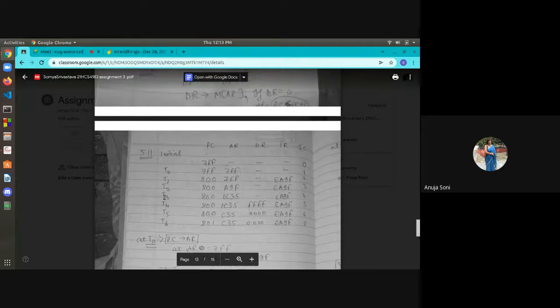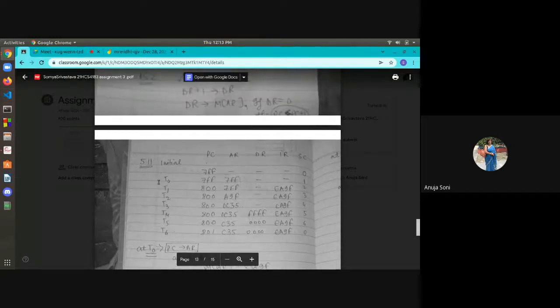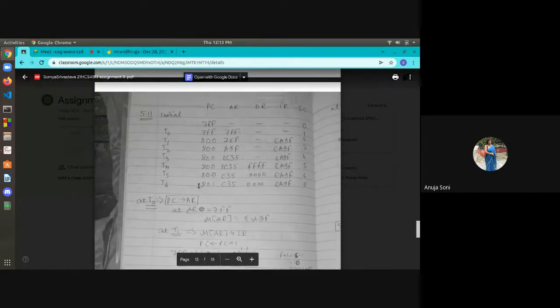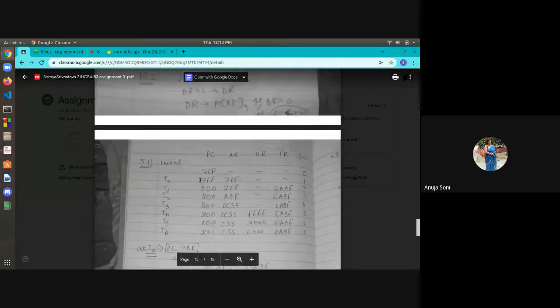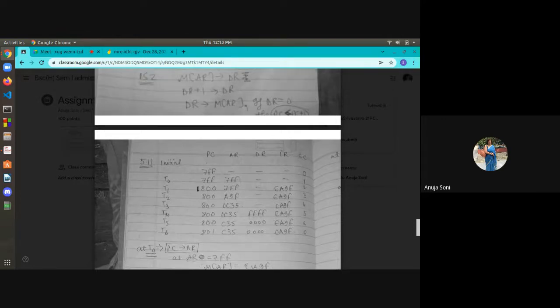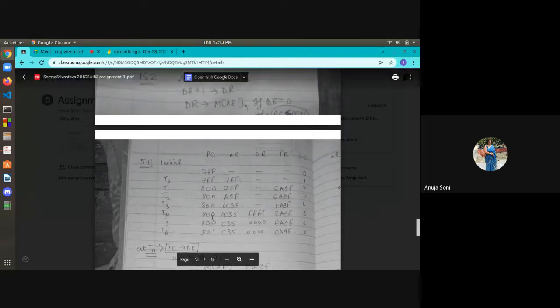T0, T1 was referring to the fetch phase, then T2 was referring to the decoding phase, the T3 was basically for decision making and onwards, and so on.